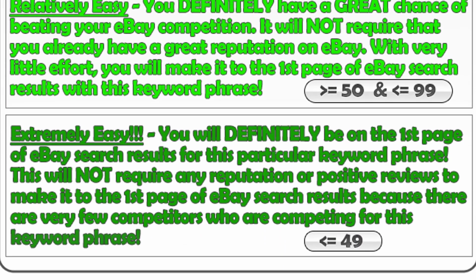Okay, and last but not least, the greatest one of them all is the extremely easy difficulty level, because this one's going to be the easiest. I'll explain. You definitely will be on the first page of eBay search results for this particular keyword phrase. This won't require any reputation or positive reviews to make it to the first page, because there are very few competitors who are competing for this particular keyword phrase. So this just means that there aren't very many competitors who are even trying to target this particular keyword phrase,